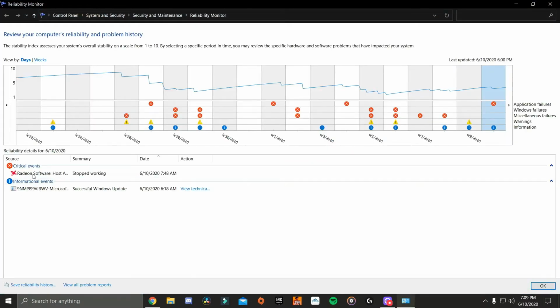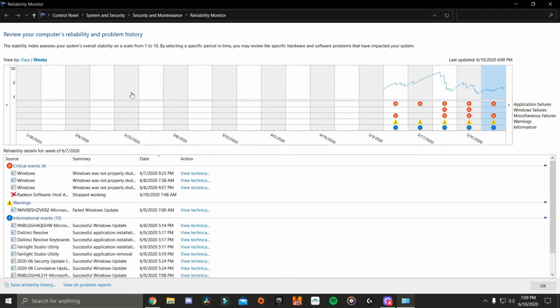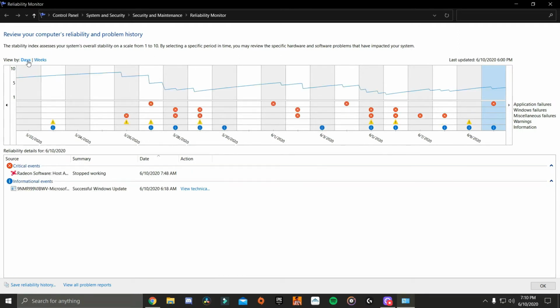and open it, and what you're going to be presented with is a graph that can be arranged according to days or weeks. I personally prefer days because it's easier to find, instead of going to weeks, which, as you guys can see, this week starts from May 3rd 2020 till May 17th 2020. That's a couple of weeks, but you can choose whichever method you prefer. I personally prefer the days